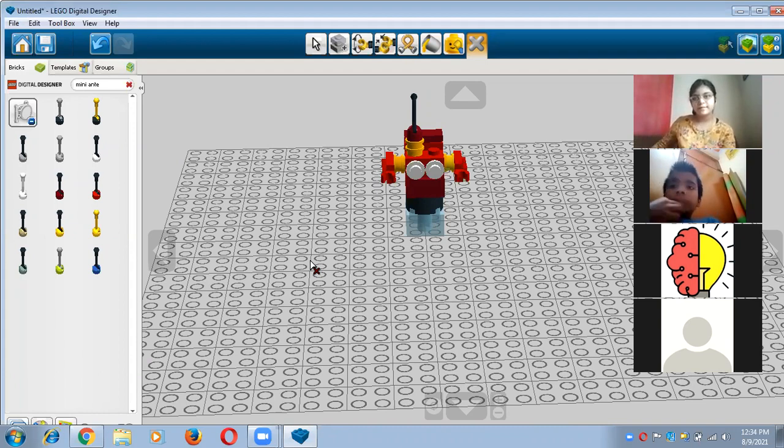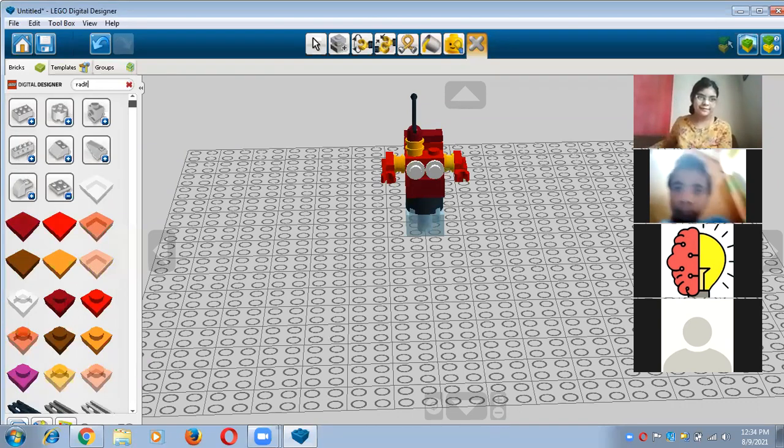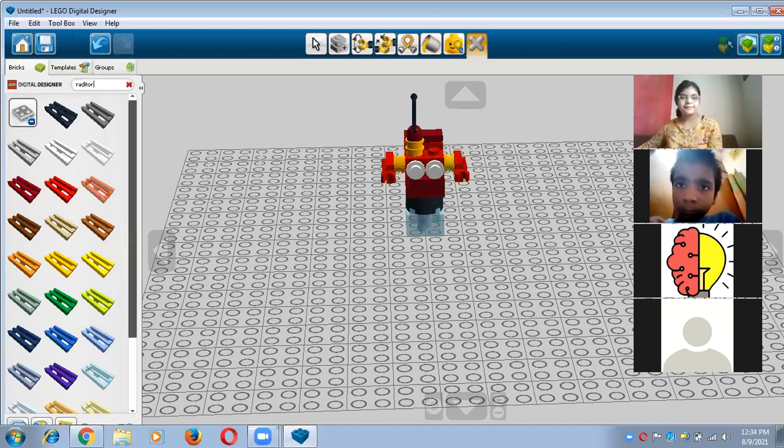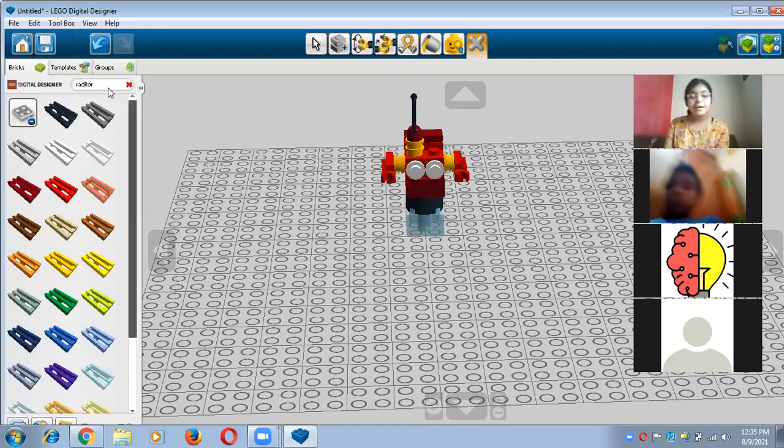And in next step, I need one radiator grill. So just cancel this search, and right now I'm finding here radiator grill. I'm just finding here radiator, right?